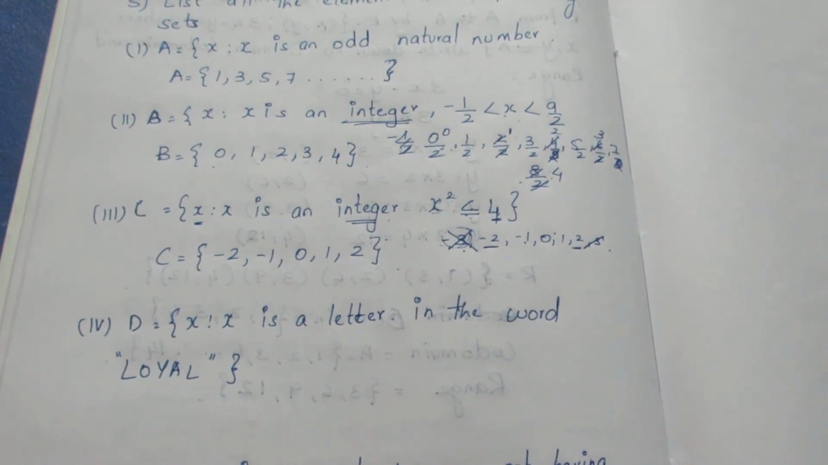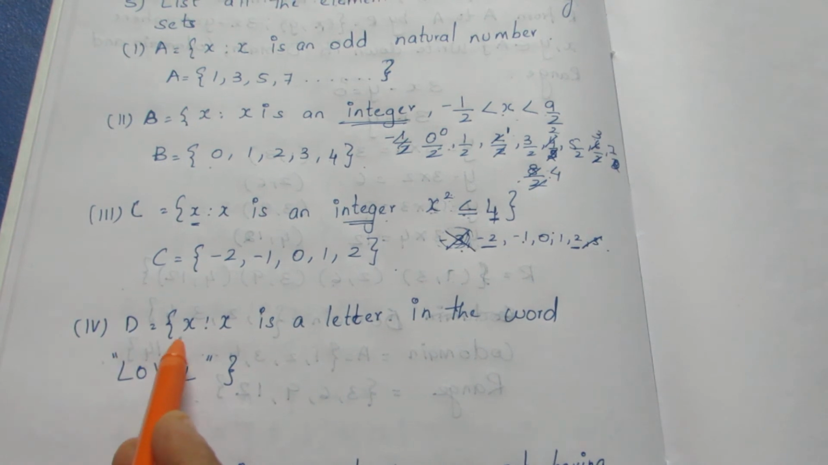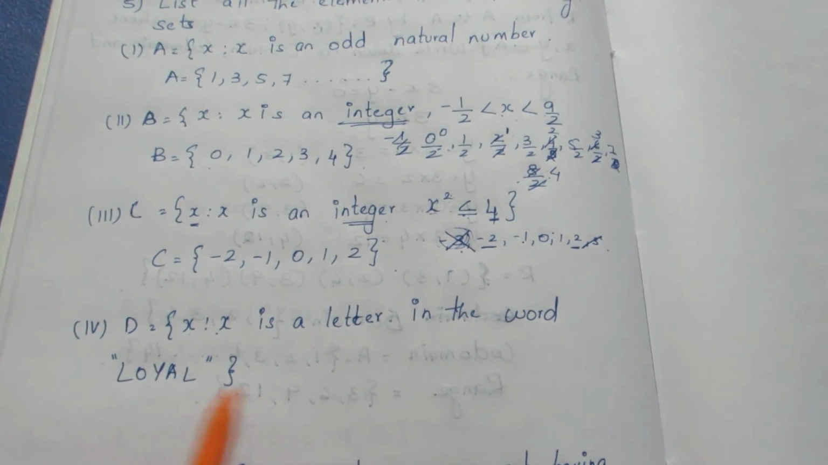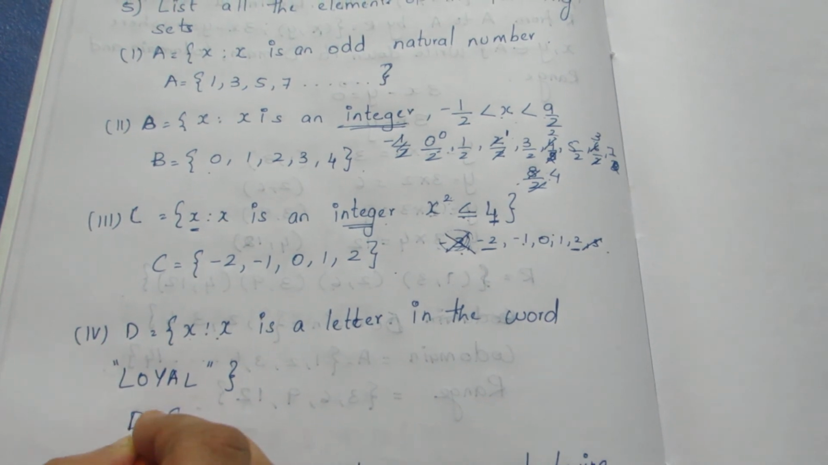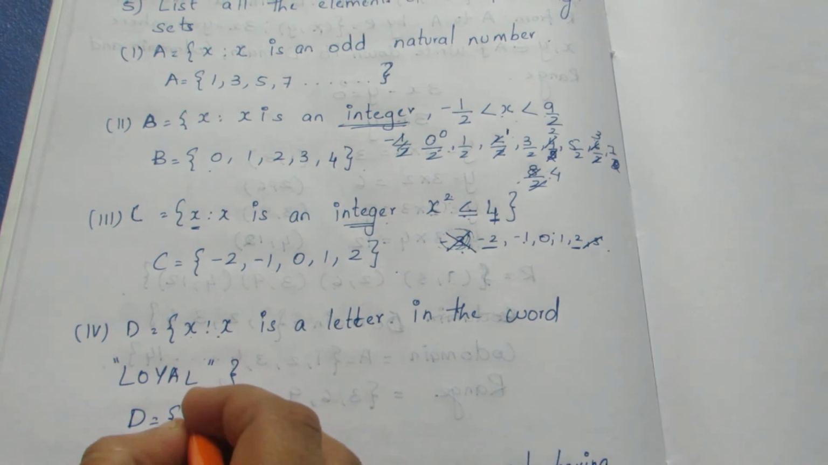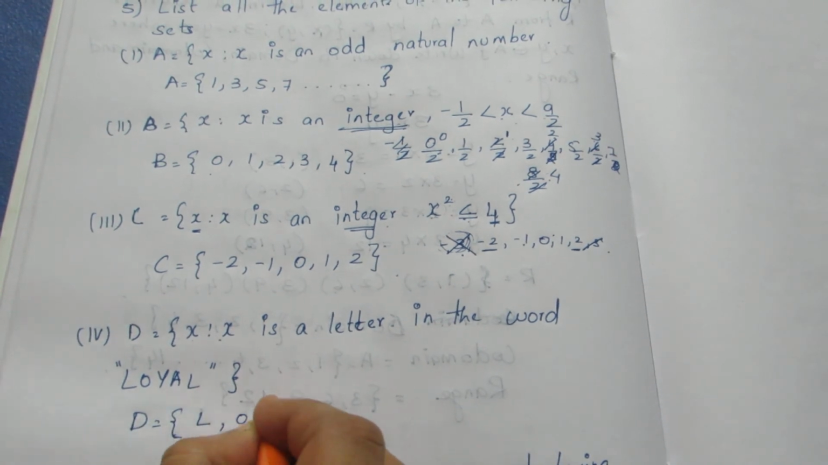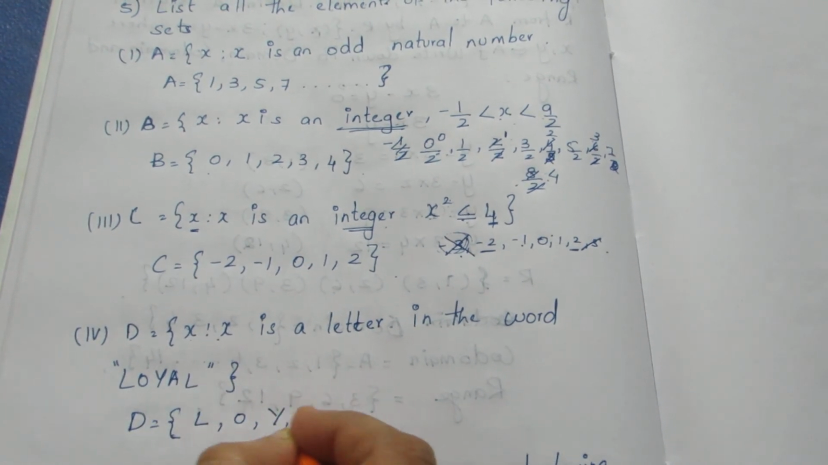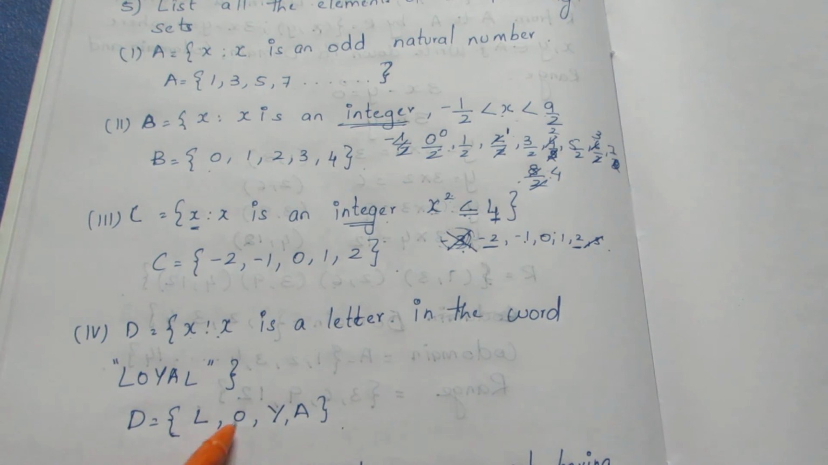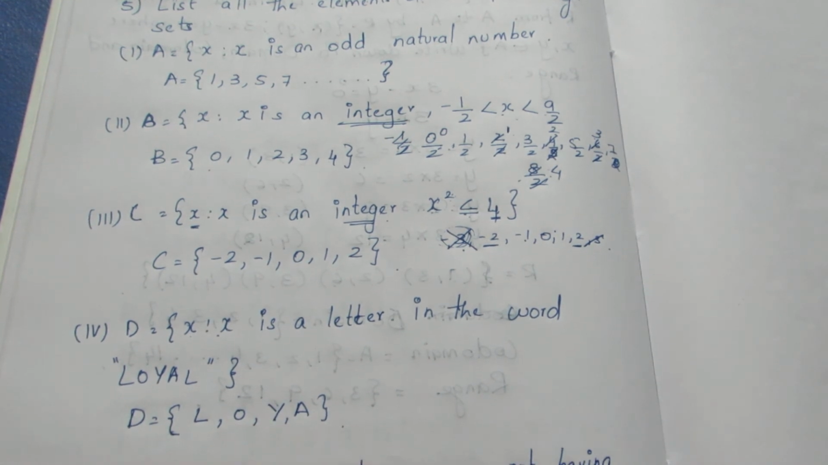The fourth question, it is given that D equal to {x such that x is a letter in the word LOYAL}. So as I told before, in a set each element should come only once. Here L, O, Y, A, L is already there, so you can't repeat any element. So L, O, Y, A will be your answer for this fourth sum. We'll move on to the